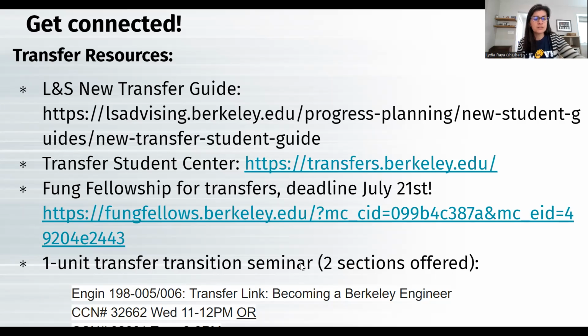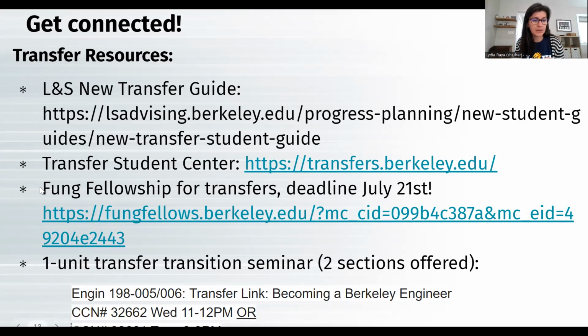I also included a couple bullet points below. There's also a transition seminar that's specific to the College of Engineering for new transfers. Although you're in the College of Letters and Science, it's totally okay for you to take this transition seminar if you want. Sorry, that's cut off, but I'll send you the slide. There are 2 different sections you can choose from. That might be a good option if you want to be more focused in engineering. It's going to be computer science, mechanical engineering, EECS, all engineering students, including CS, and I believe data science as well.